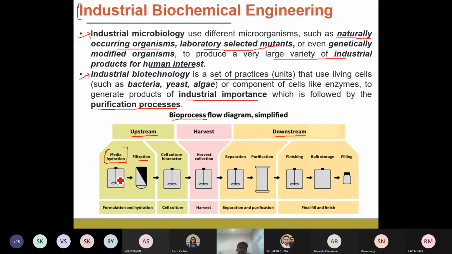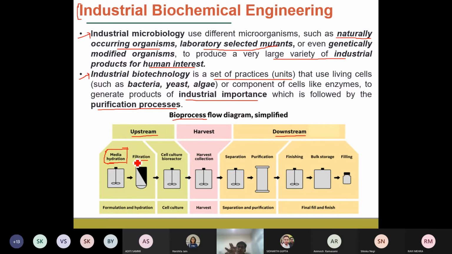So whatever optimized media you have prepared that is adequate for the growth of a microorganism needs to be filtered or sterilized. Sterilization can be done with different techniques. Filtration is one of them. Another technique we use is autoclaving. Autoclaving means we are heating the media we have prepared, to make sure there are no microorganisms present within that growth media.